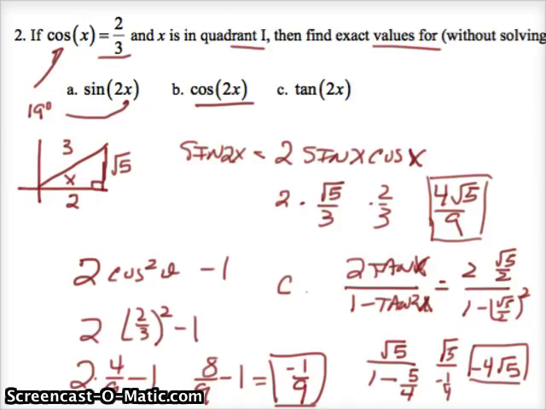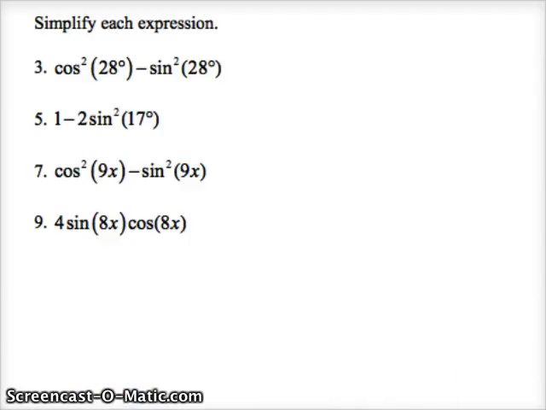All right, now just kind of think about it. If doubling that angle causes it to be minus, it must be in the second quadrant. That's something to think about. That's an example of working through those types of problems. Okay, now I really do like these problems right here because